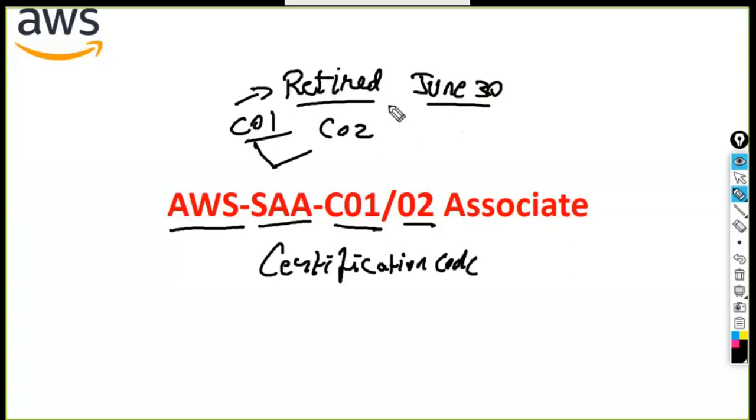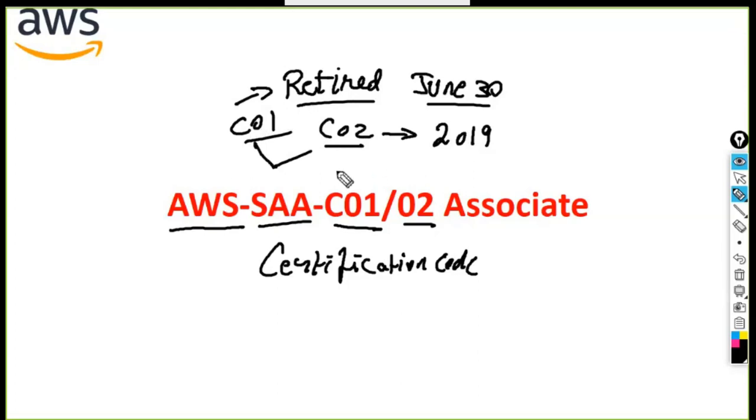I believe a few people are already in the process of taking up this AWS SAA. Might be. In that case, you have to speed up your process in completing the C01 certification by this month itself, June 30. C02 is already there in the market, and it was launched in 2019, and this is what is going to be carried forward post the retirement of C01.